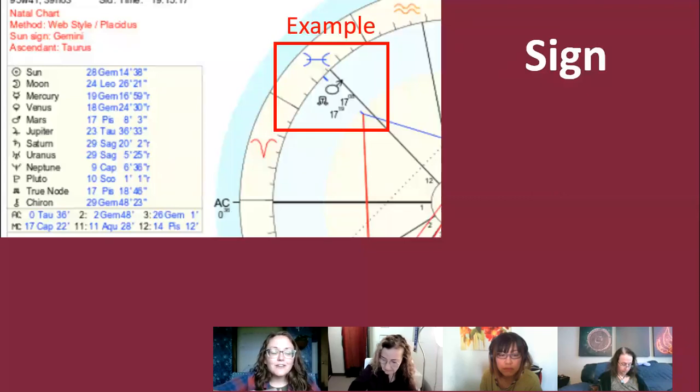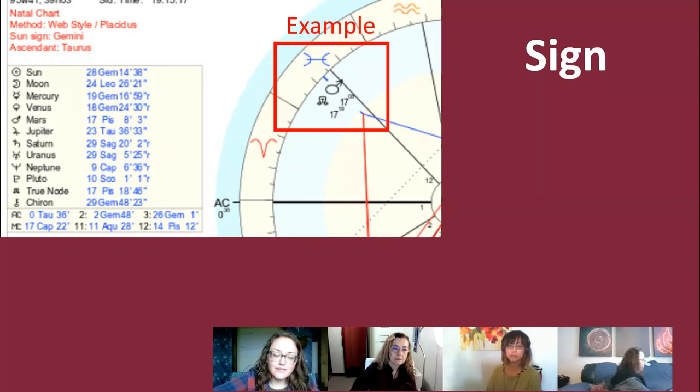So if a house placement doesn't totally resonate, there are reasons why. You might resonate more with your whole sign chart versus your Placidus chart, or something like that. There are a lot of different ways, methods, and chart styles in astrology. So if the one you're looking at doesn't resonate, there could be a reason for that. And that's where I would say consult an astrologer, or there's a ton of Facebook groups on